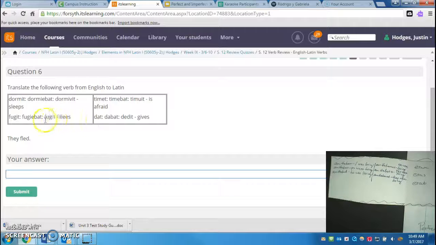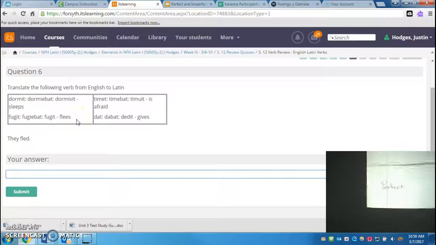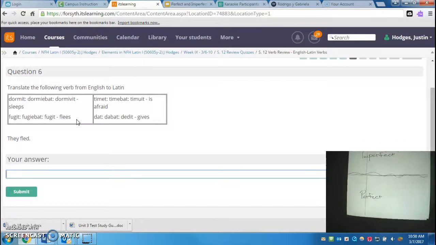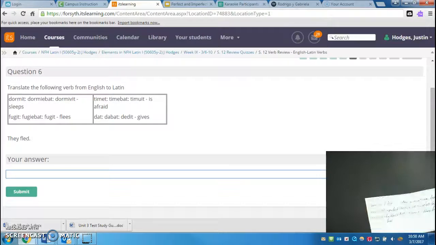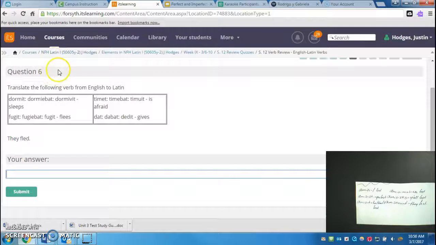They fled. Okay, we see flees is down here. We know this third form is our perfect form. And as you can see, it's the same as the present form, but we are going to use a different set of endings than the present. So let us fold this back up. You can repeat back to yourself, e isti it imus istis erunt. If you can remember, they means third person plural, which will be the last thing. So our ending is going to be erunt. So they fled. We take fugit, we get rid of the it, and we replace it with erunt, and that is our ending.